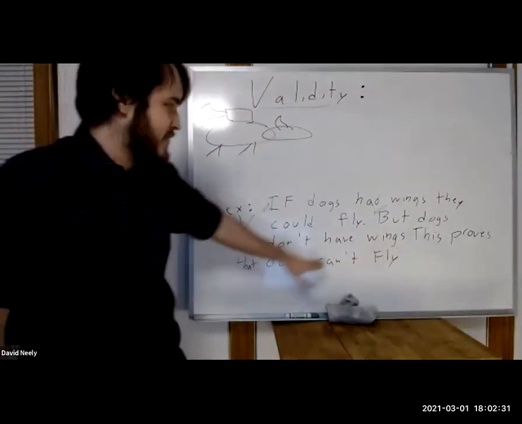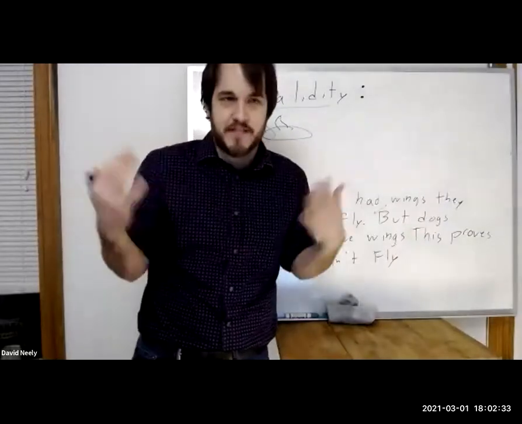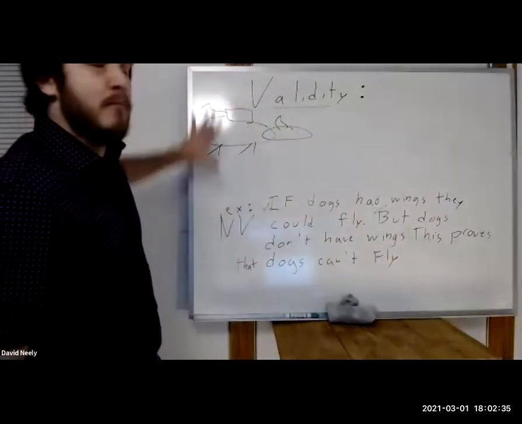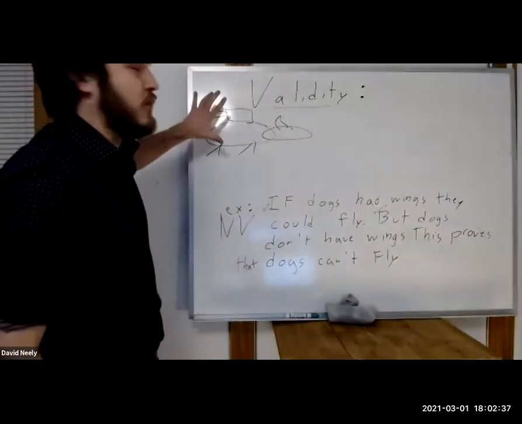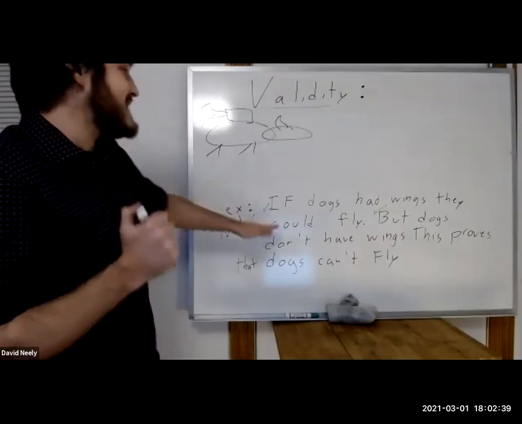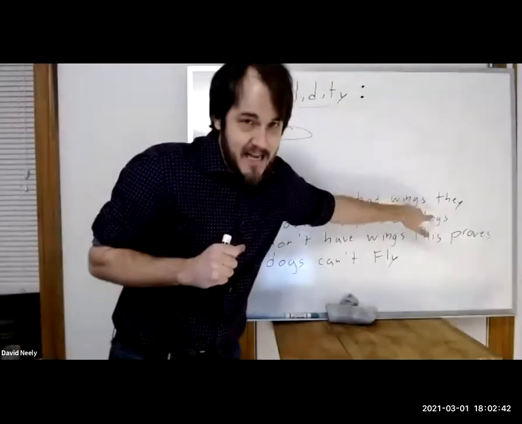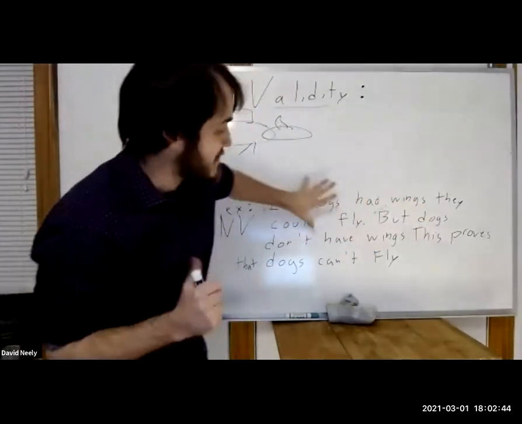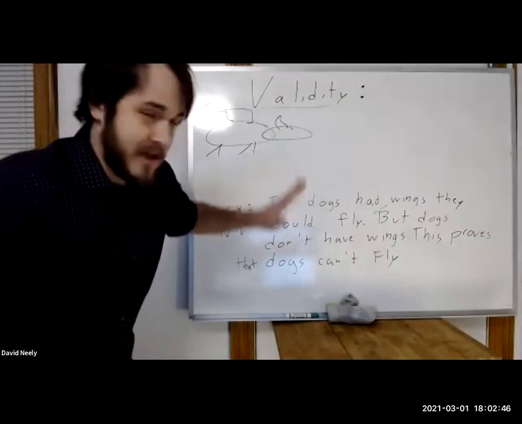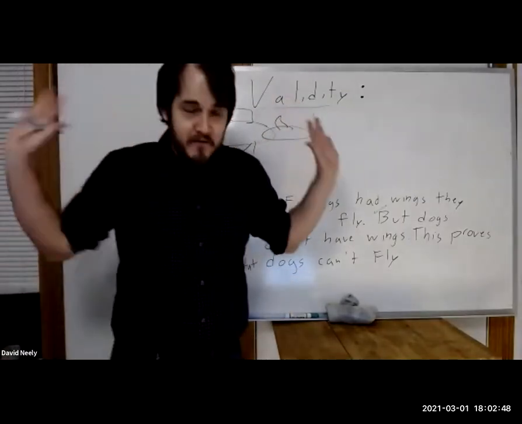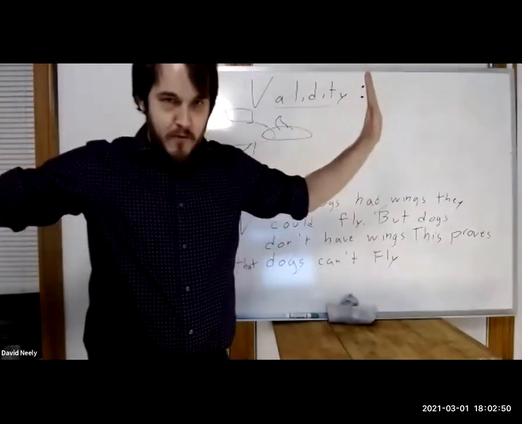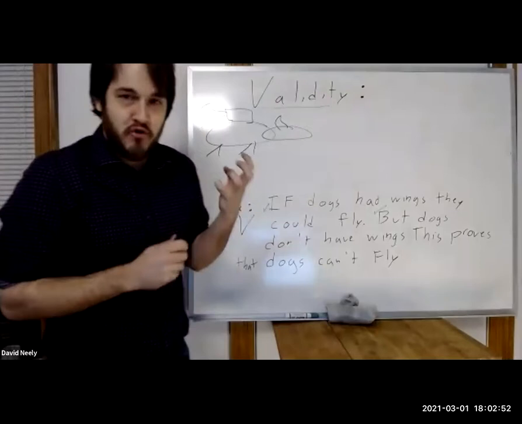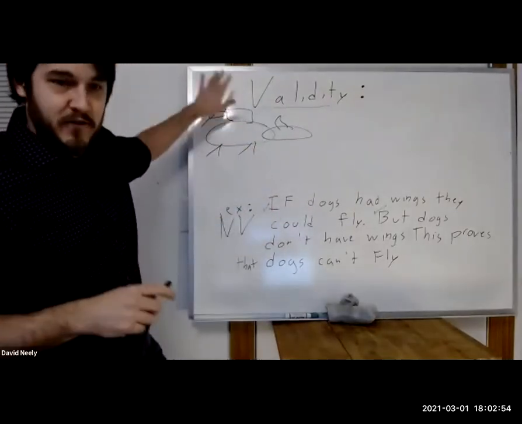It'd be like, well, yeah, dogs don't have wings, therefore they don't fly. Of course not. That would be explaining it. But when we're in a logic-y critical thinking classroom, always think: can the premises be true and the conclusion be false? Even if it involves thinking of a world very different from the real world, even if it involves some real creativity, that's how you test for validity.